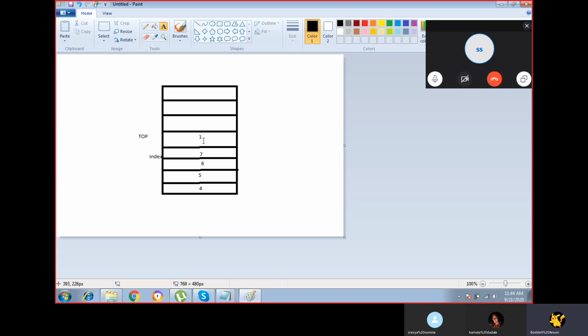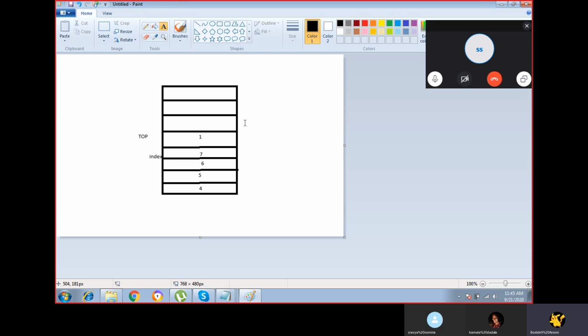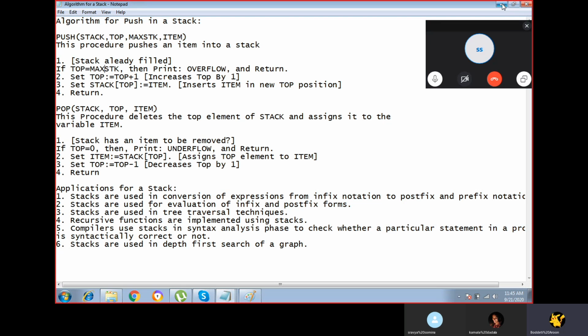So 4 is the first inserted element and 1 is the last inserted element, so it will be the first element removed. That is why we call 1 the top of the stack: the last inserted element is the first to be removed. That is one important point, then we'll go to the algorithm.